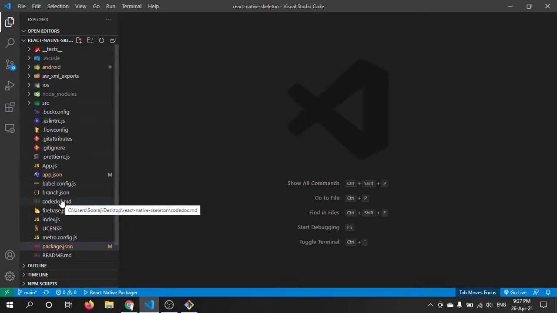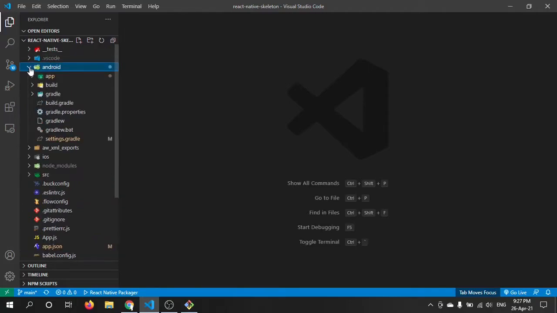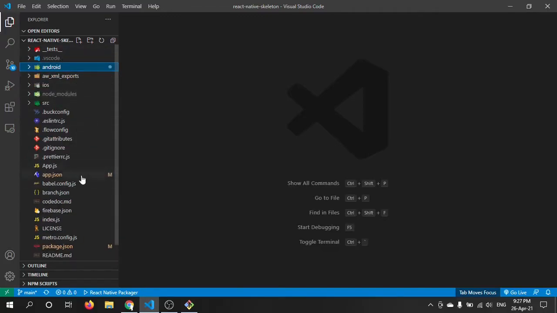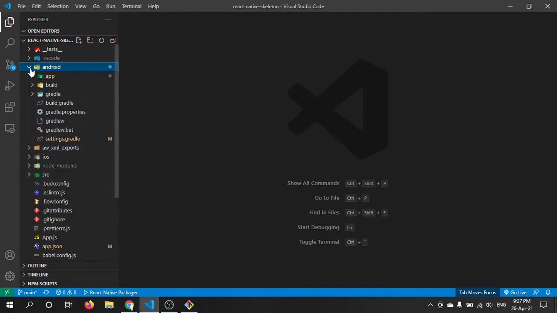Okay. Now we will do certain things other than this. We have configured our React Native skeleton with a new package ID, but we will have to change the application name as well, the name which will show in the menu on our Android phones.